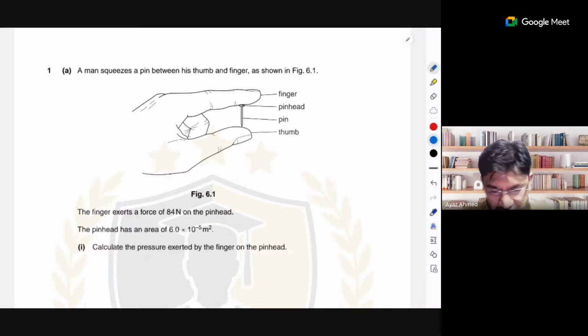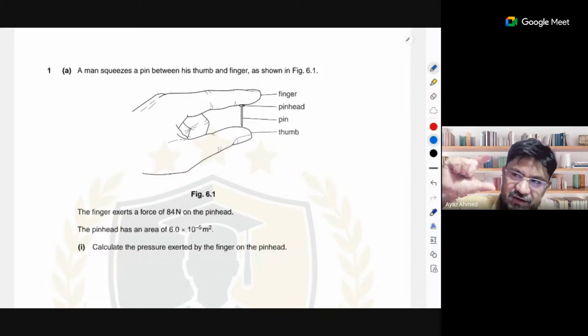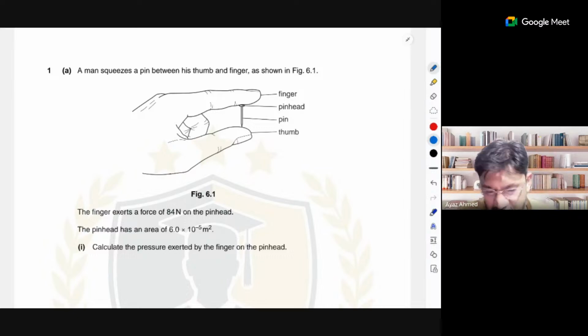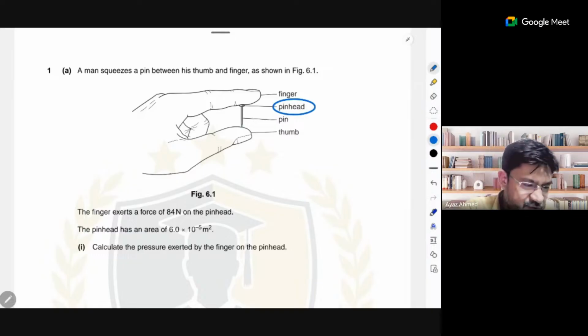Okay, so here we go. This question was related to pressure. If you have a thumb pin and you are going to push that thumb pin, you are going to apply some force on it. The pin has a head over here and basically a tip, right? So there are two